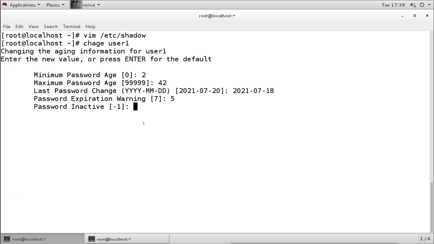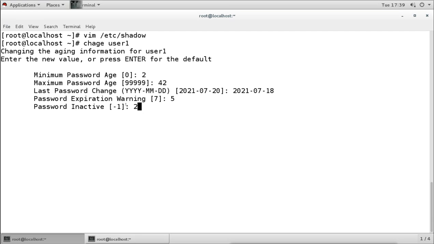Now we cannot change this value to minus, we can only change it to plus. It is minus by default, but we can change it to plus, suppose 2. So the password will become inactive after 42 days plus 2 days. After 42 days it will add 2 more days, and then the password will become inactive.